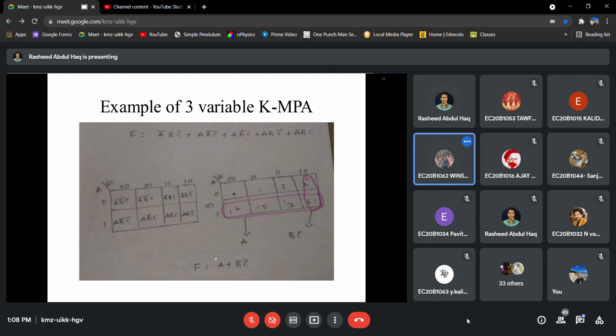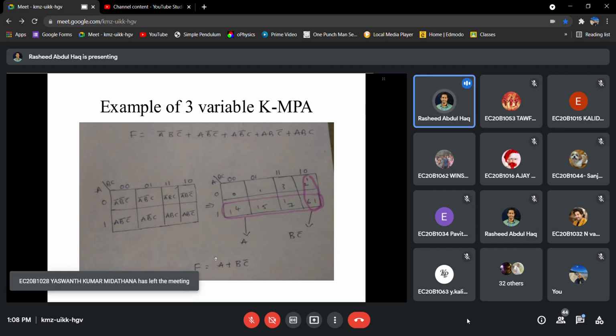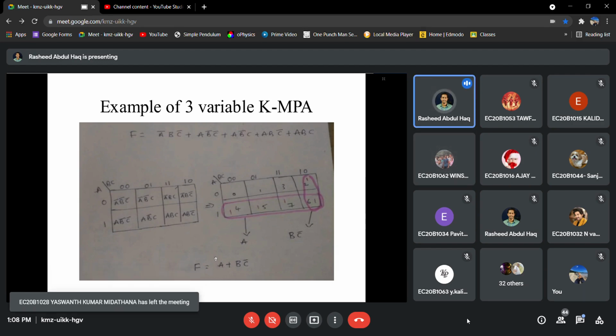Yes, follow one form, because writing the two forms, there is no point in that. You follow this form. A, the MSB, is written on one side as a single digit, and the other two digits are written on the other side. Yes, sir. Anyway, next class we will jump into four variables. Then both sides will have AB and CD, so that will be a 4 by 4 matrix.